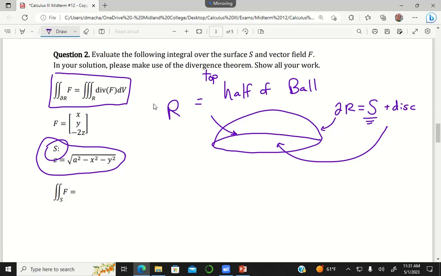So the boundary of this region R is not just the surface S, not just the top half of the sphere, but it's also the disk. Yeah, I include both of those together. Okay,